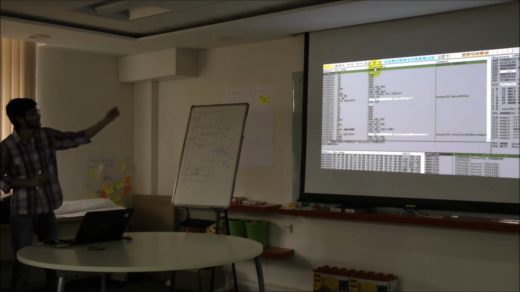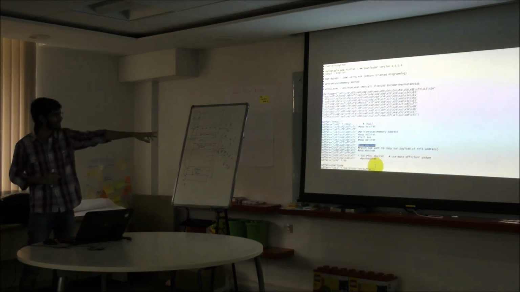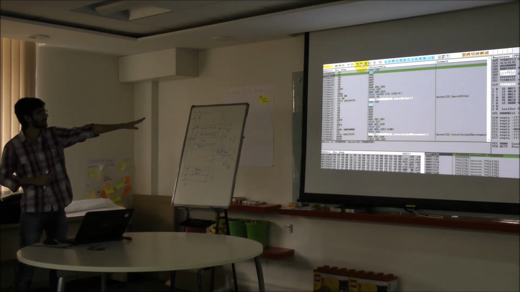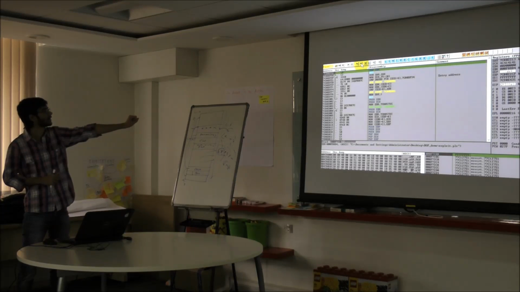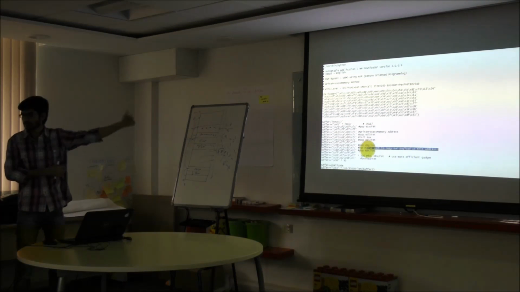Then I landed in the pop EBP. In pop EBP, I will patch this address. This is a patch. I will explain what this address actually signifies here. And in the pop EBX, I use whatever the next value is, the FFF. I will put the FFF into EBX and then land into another instruction, inc EBX ret, because that is the normal ret functionality.